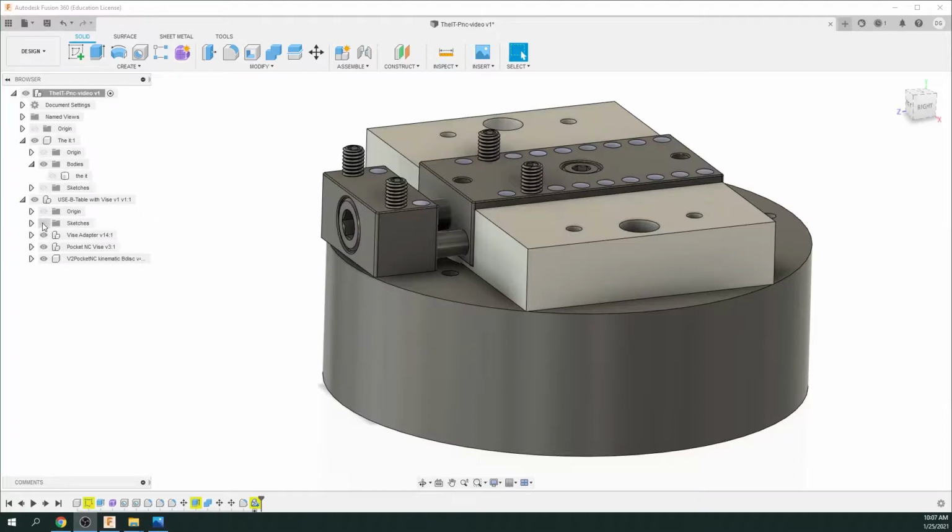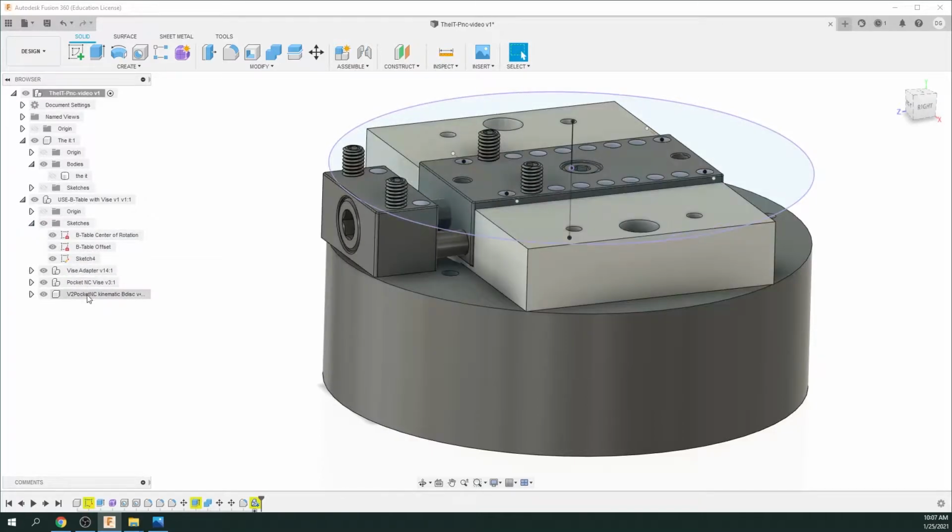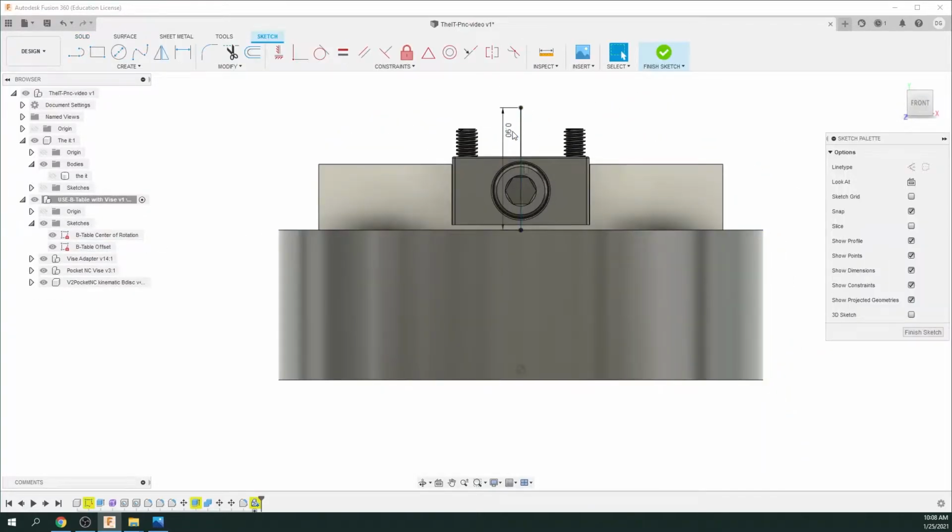Now just make sure that Sketches is visible. Just click on there. And there's 3 things in Sketch. By the way, these are just the different parts, and we're going to actually have to manipulate a few things later. But we want to double click on the B table offset. So I'm just going to double click that, and then you can see a dimension in there. Now, every single Pocket NC is different, and they give us a number when they ship the machine. So our number is actually